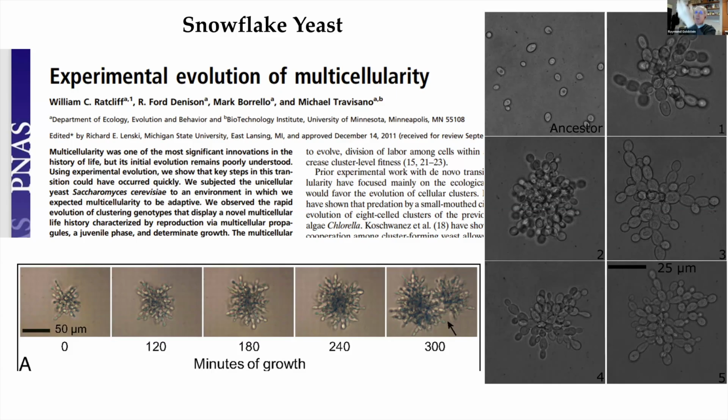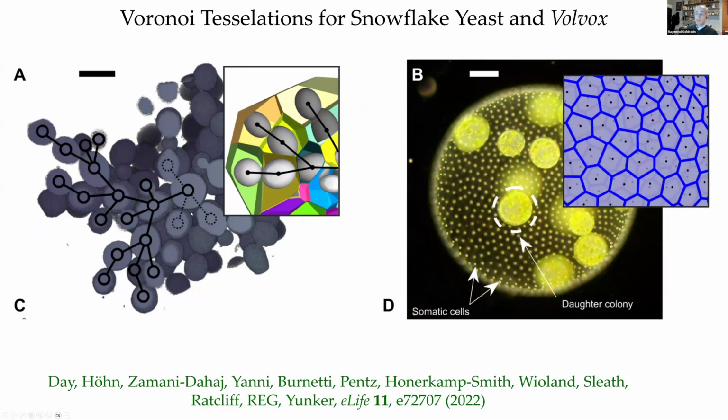And they found it by selecting by gravitational settling for the ones that were multicellular. And it's a really interesting problem. There are many interesting things to say about it. But the particular issue they were focusing on when they contacted us was the geometry of these clusters. Now, Peter Juncker comes from a background in colloidal and granular physics, and he was thinking about this using